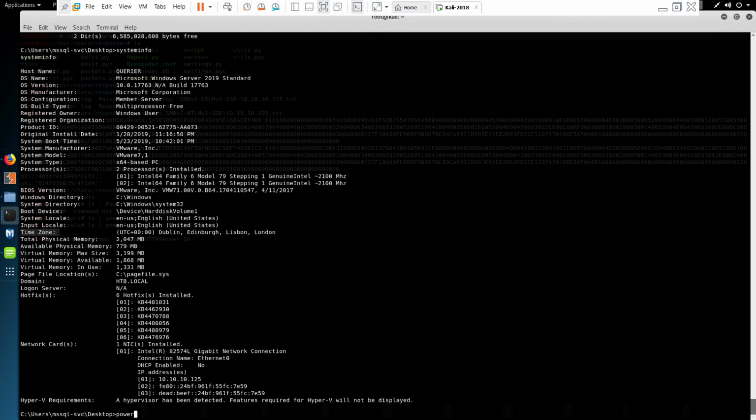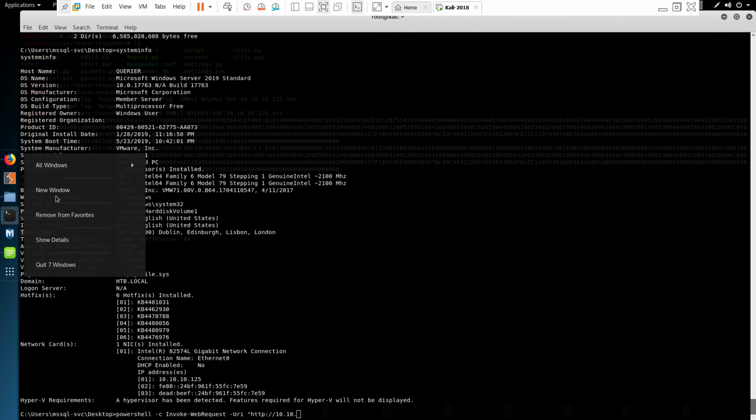So I'm just going to do PowerShell since we're already on the box. powershell -c, Invoke-WebRequest, just like we did before, with -Uri, and provide the IP address, so http://